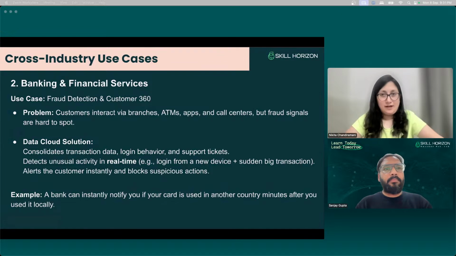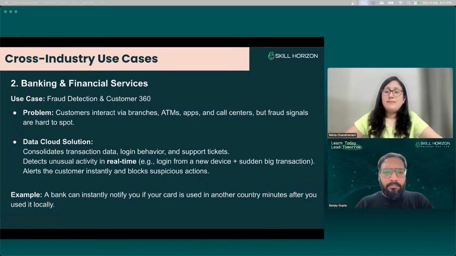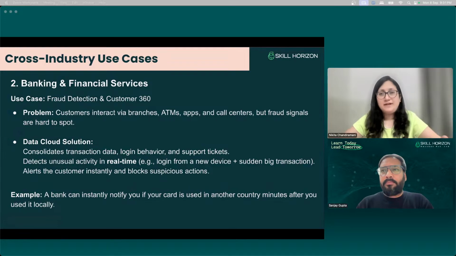Then there is banking and financial services. The problem with this earlier was that I would go to the branches, then I would use the other details in the ATMs, then on the application which is net banking, again a different thing. So how would they know that there is a fraud sort of a thing happening? So suppose my transactions were limited to $10, $15, $20, roundabout that, $0 to $100, minimum was 0 and maximum was 100.